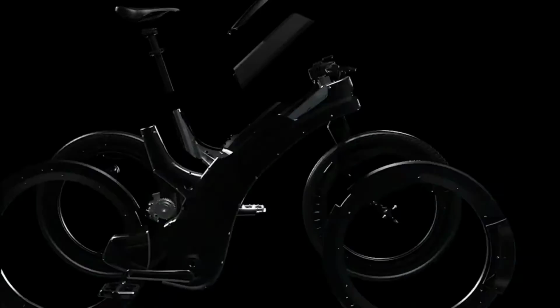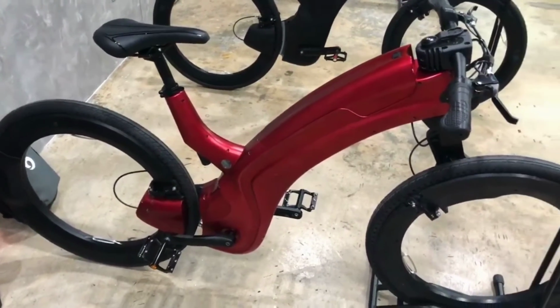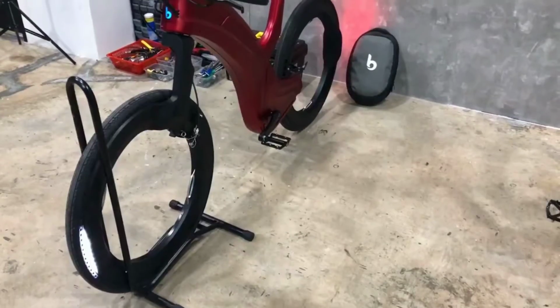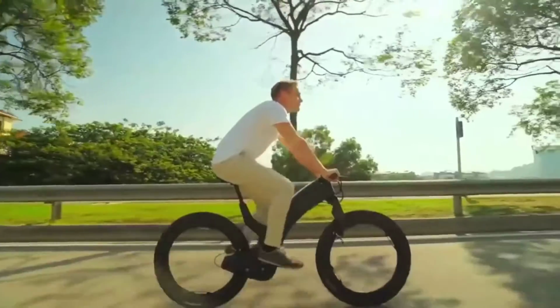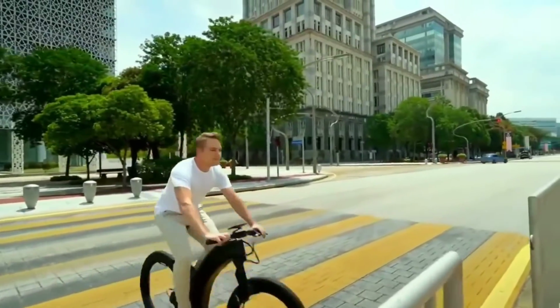It's powered by a 48V battery that charges in 3 hours with a 750-watt engine on the American version and a 250-watt engine for the Euro market. In terms of price, Reevo isn't exactly cheap. It has a list price of around